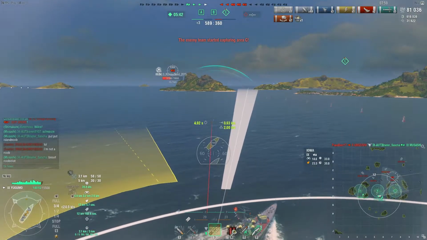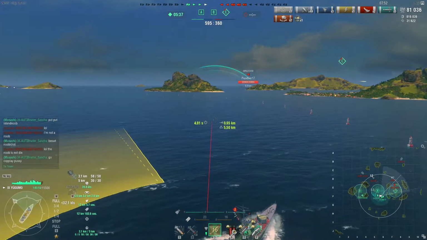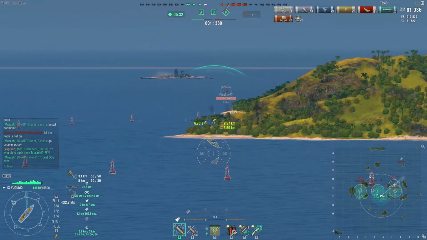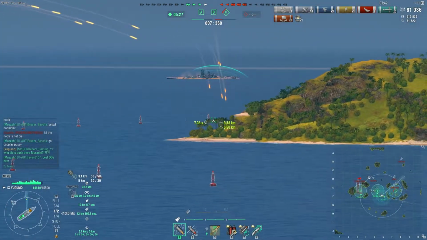Now we're still down 1 ship. The enemy team managed to sink 1 ship for every ship we sink. So this is still a pretty tight game that can go in both directions. We have a pretty healthy Grozovoi